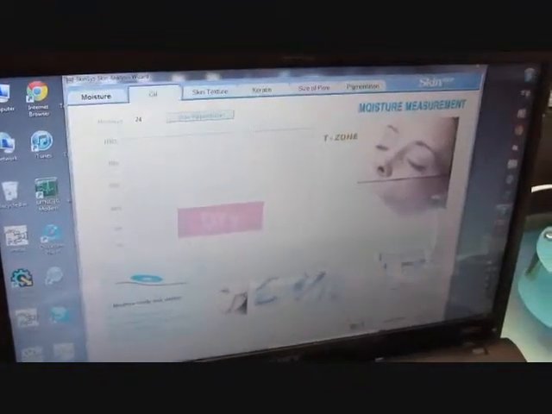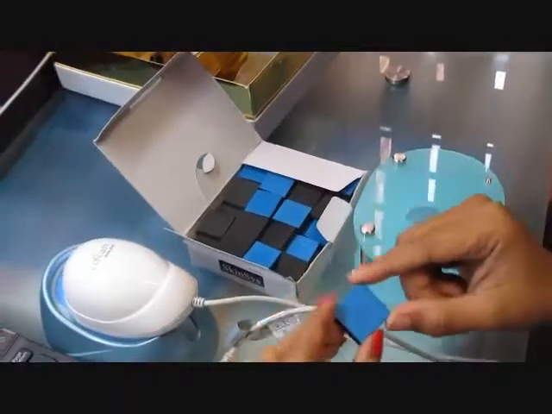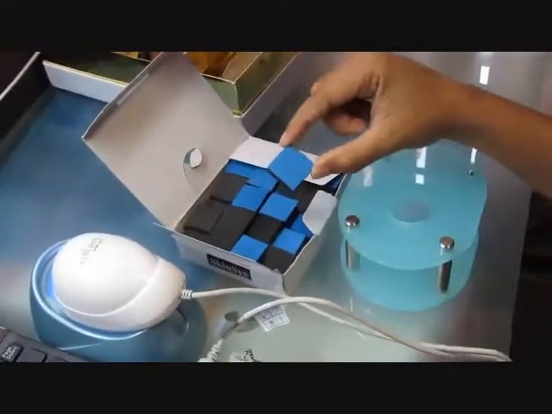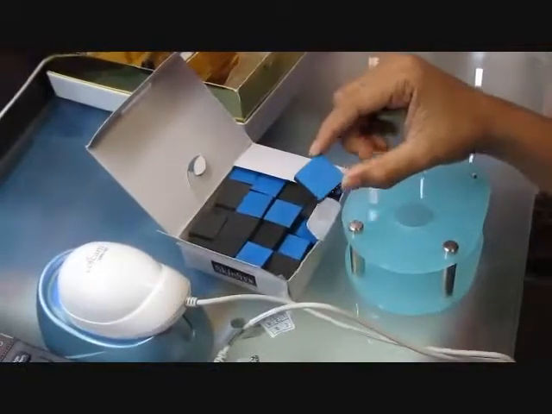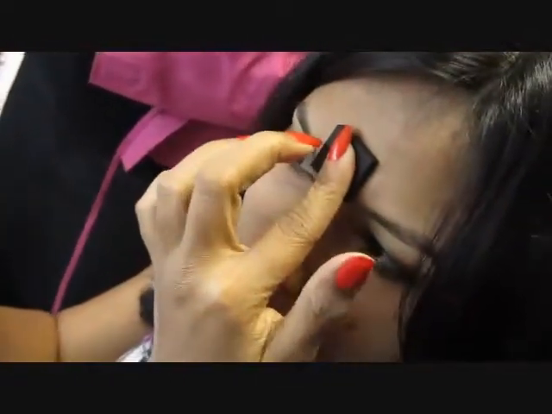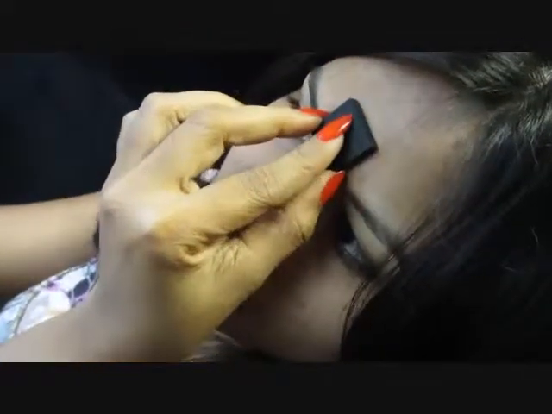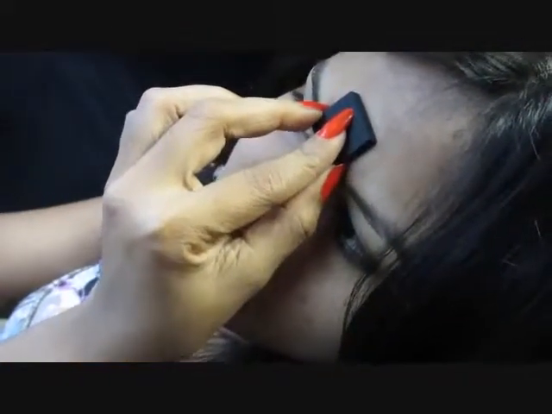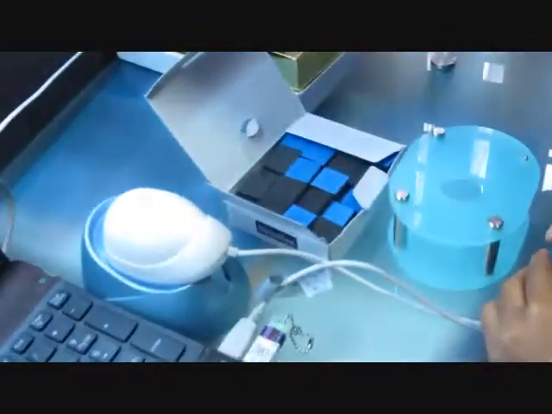Click on the next parameter, oil. Oil measurement: take the sebum sheet and place it on the T-zone for 5 to 15 seconds. And keep it face up on the sebum stand.